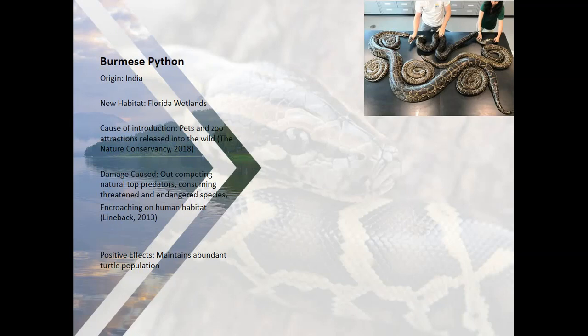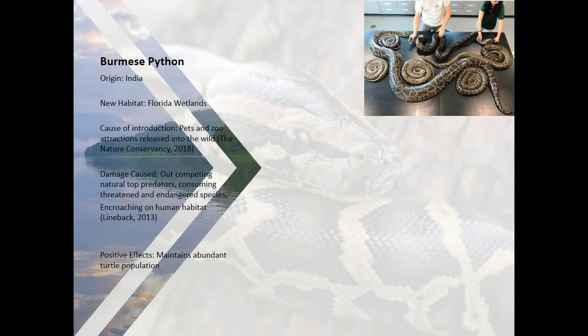When the size of the animal became too much or natural disaster struck, the snakes were introduced into the wetlands of Florida. This was an opportune habitat for the python, as it requires a steady, near constant availability of water, along with steady temperatures that do not go below freezing. The python not only survived in its new habitat, but began to thrive.